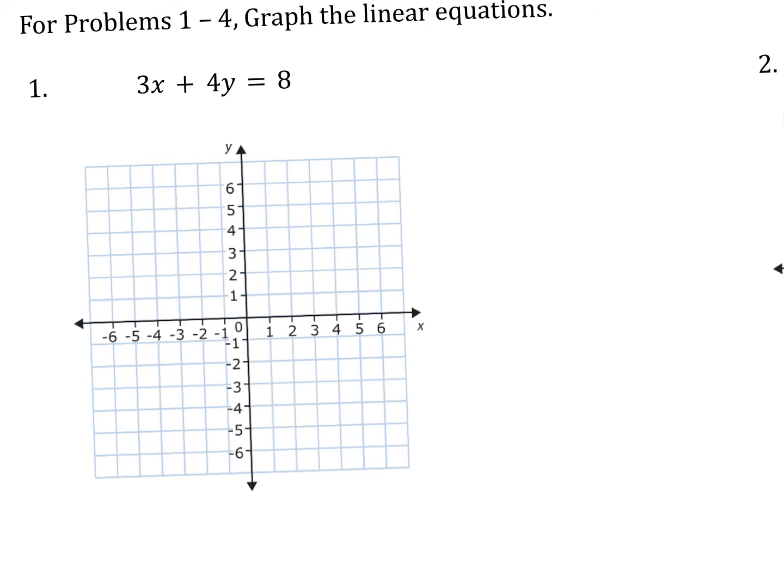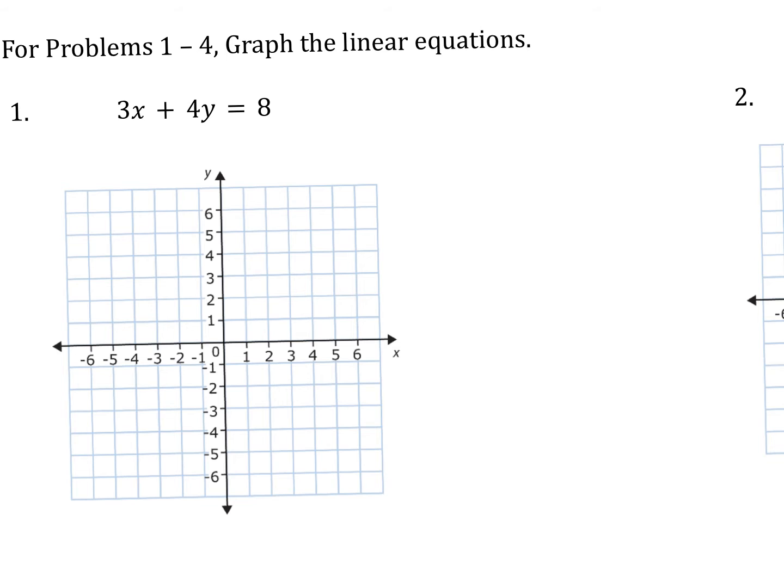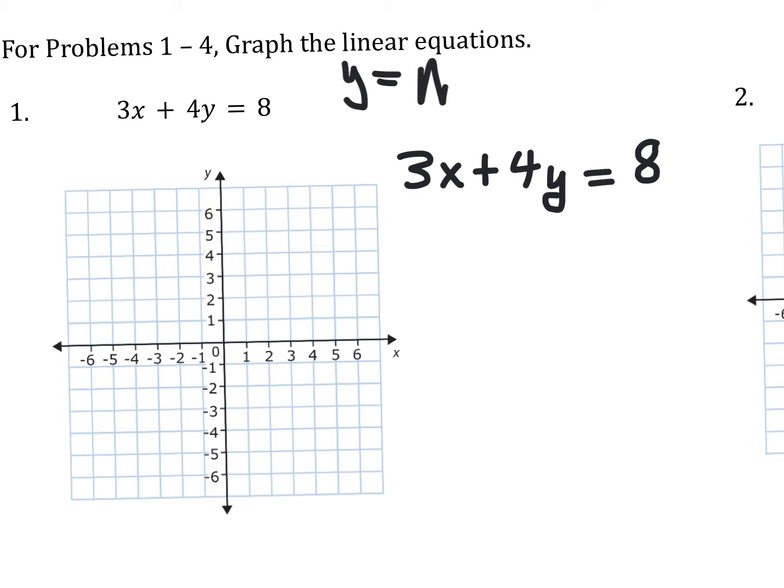So again, the reason we're getting ready to use this strategy is because graphing by intercepts doesn't give you two integer or whole number values. So we're going to do something a little different. And that something different is that we're going to take this equation from standard form and we're going to convert it into slope-intercept form. So here we are currently in standard form, and we want to convert it to slope-intercept, which of course is y equals m,